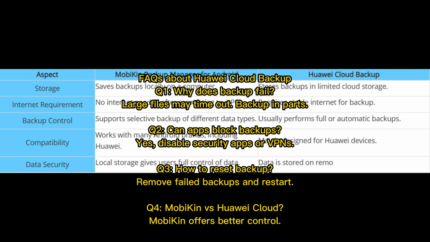Q3. How to reset backup? Remove failed backups and restart. Q4. Mobikin versus Huawei Cloud. Mobikin offers better control,